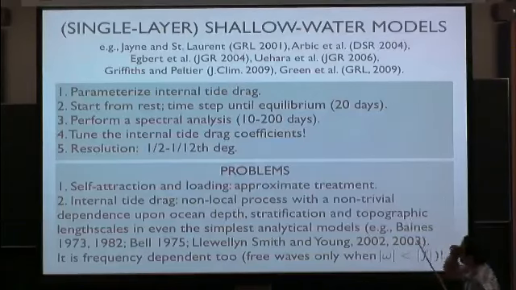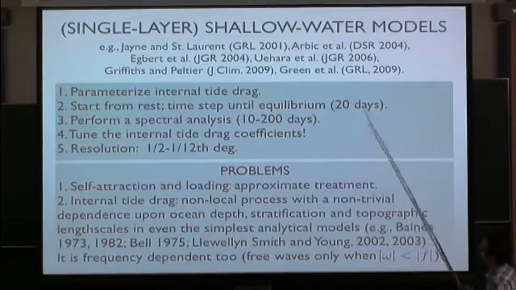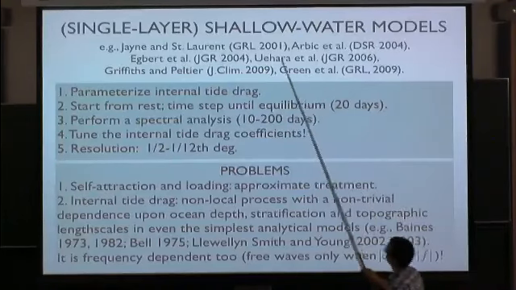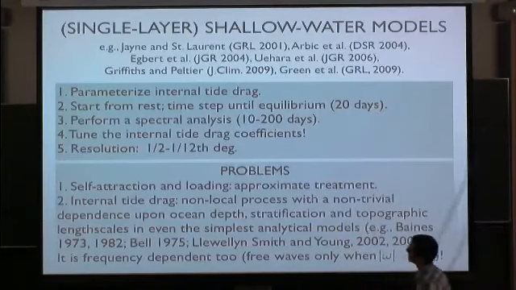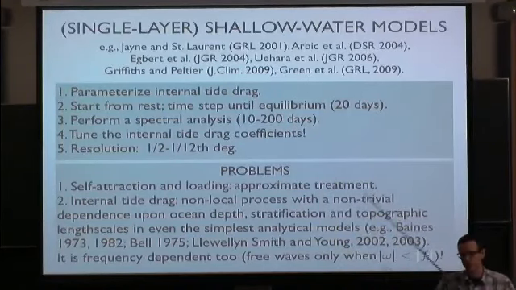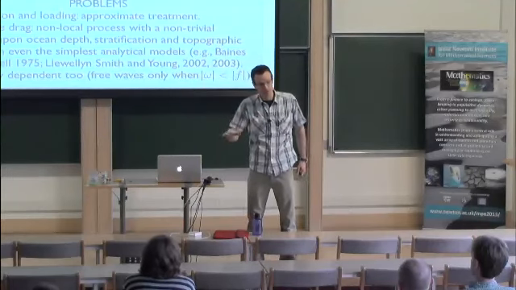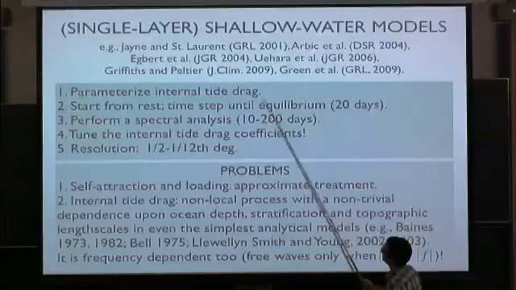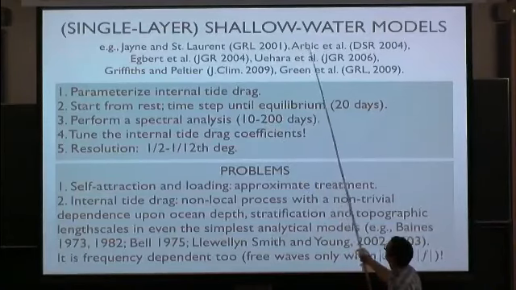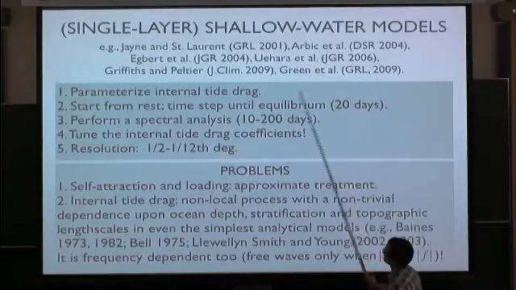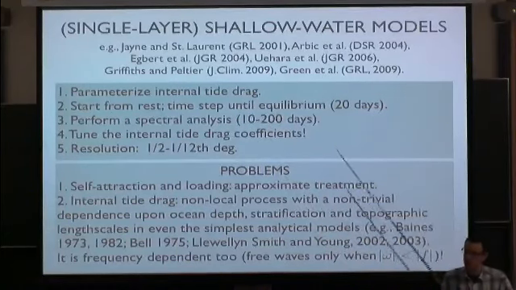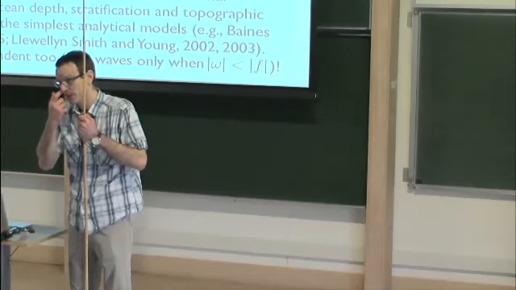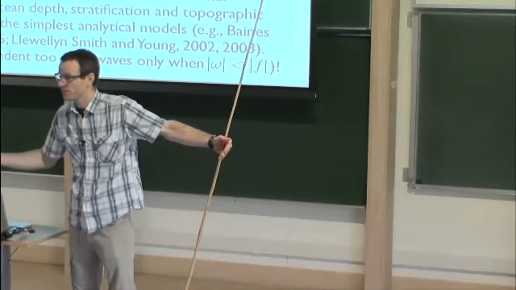Okay, so the simplest thing you can do, and it has a history going back beyond these papers here, but these are the more recent, what I'd call the modern versions of this approach, is simply to say, we'll throw away the internal stratification, we'll throw away the internal tides, and we'll parameterize the internal tide drag. And then you're in single layer shallow water land, and you just start from rest, put the forcing in, time step the equations, wait for the things to settle down, which takes about 20 days usually,